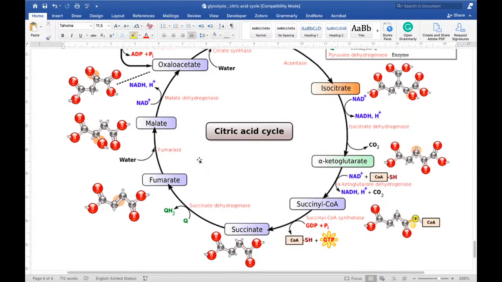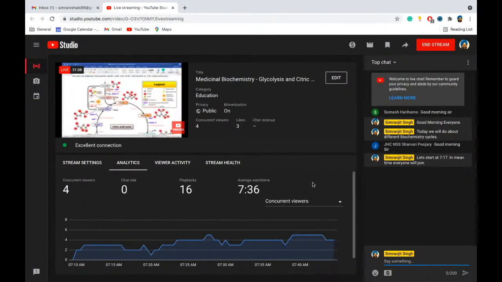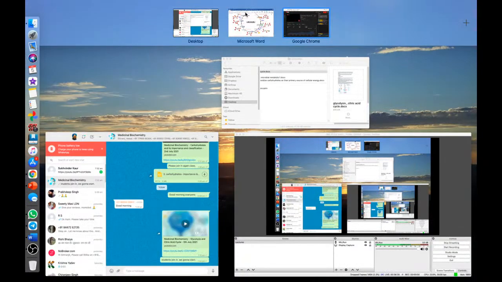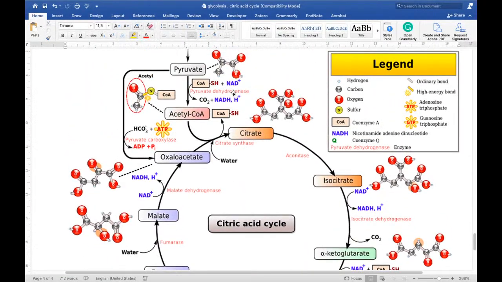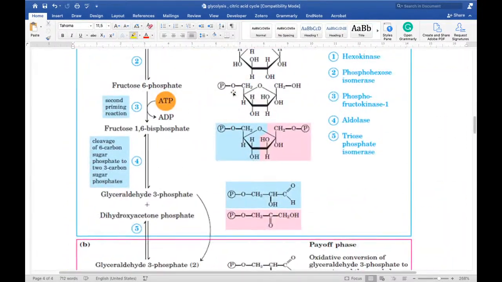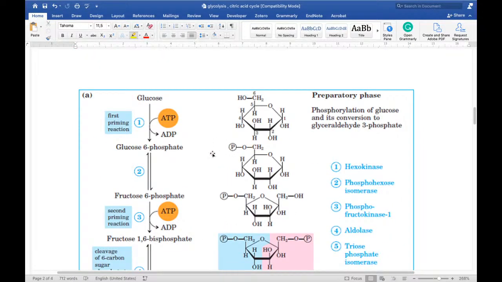I will repeat this cycle. These cycles are a bit complex, but once we understand the basic concept behind them, then we have to draw them, students. Whatever cycles I'm telling you today, please do not make these assignments on the computer. Do it with your own hands. It should be handwritten, because if you do these cycles by hand, you will remember them forever. So it will be good for your remembrance. Please do make these assignments handwritten.